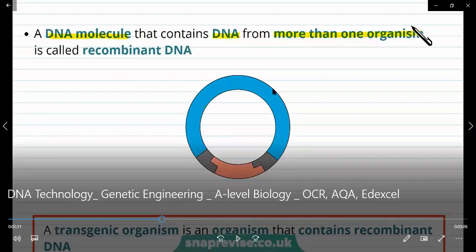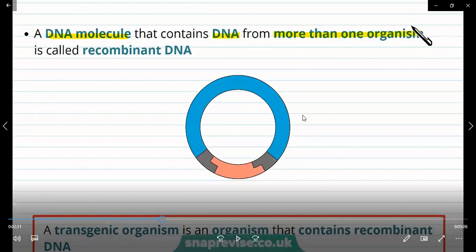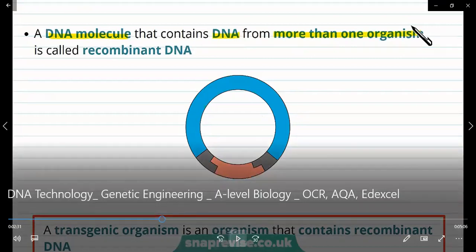Now, another term that was introduced to you is that whenever you have DNA that has been created from more than one organism, then we call that DNA recombinant DNA. So in this case here, you can see the bacterial DNA is in blue, and the gene in pink was this new gene that was inserted. Because this piece of DNA is comprised of DNA from two different sources, we consider it to be recombinant DNA. So those are just some terms that you have to be aware of.